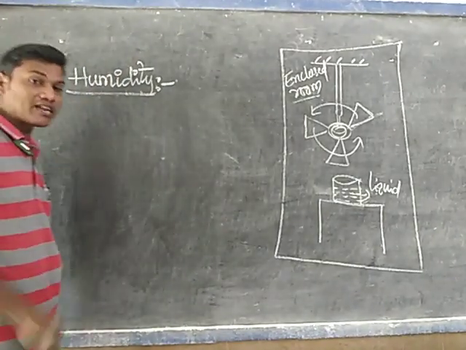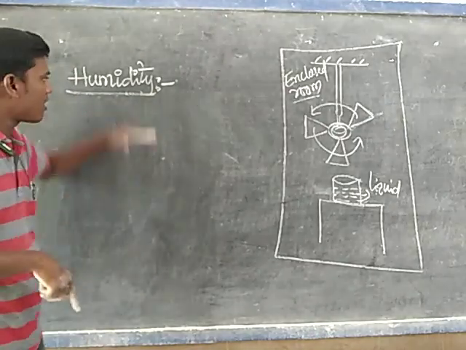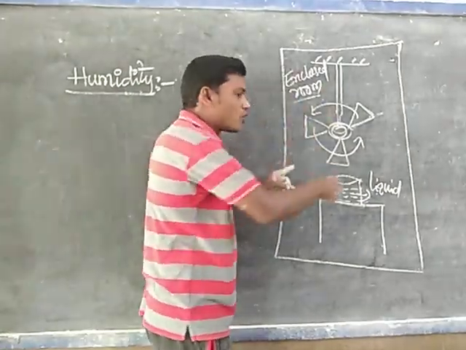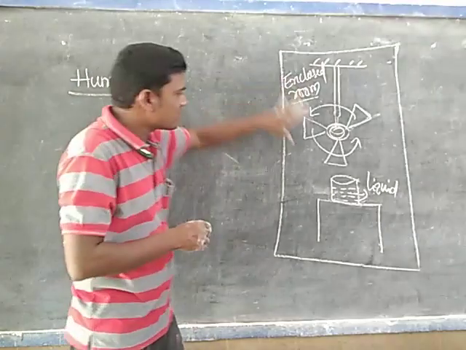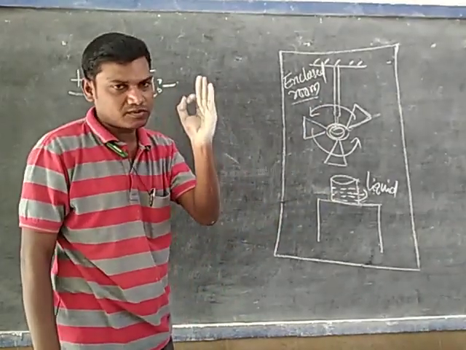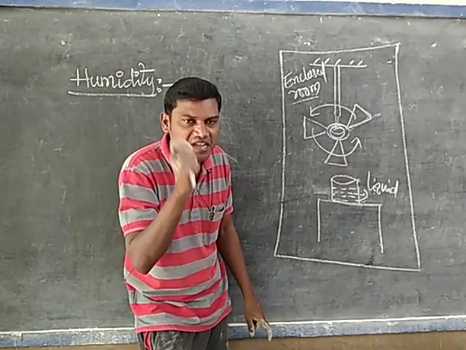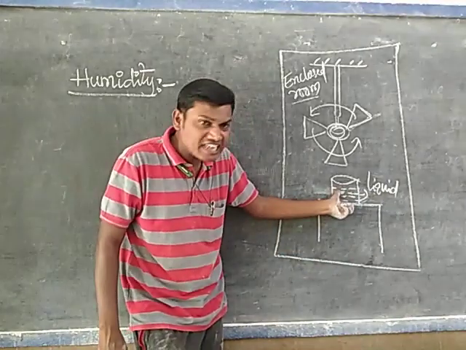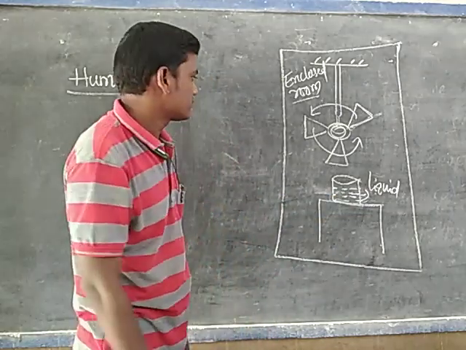But now our concept is how the rate of evaporation depends on the humidity factor. Now come to that. First of all, you select a closed room, which commonly has a door. Then you take a beaker. The beaker is filled with a certain quantity of liquid and placed on a table. Then finally, this entire apparatus is kept under a ceiling fan.